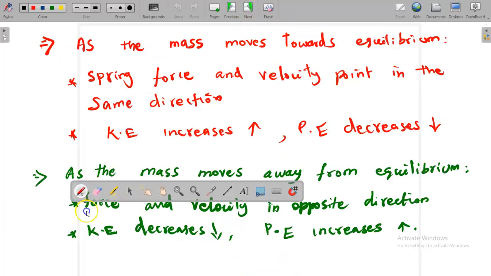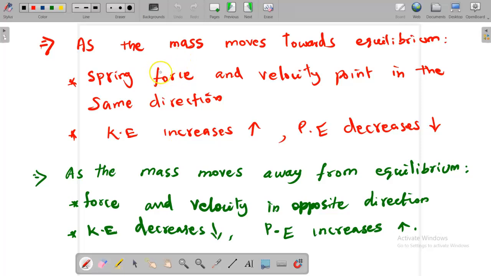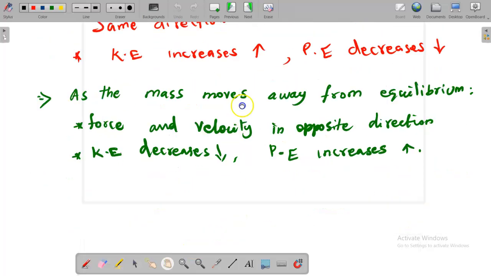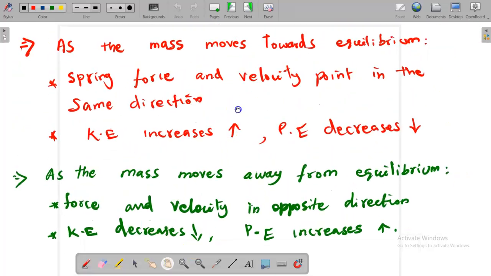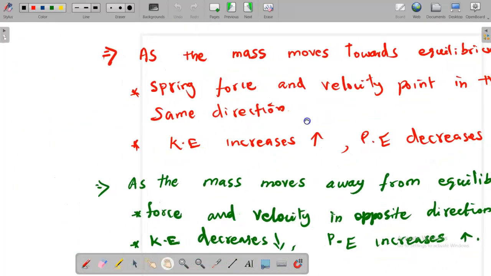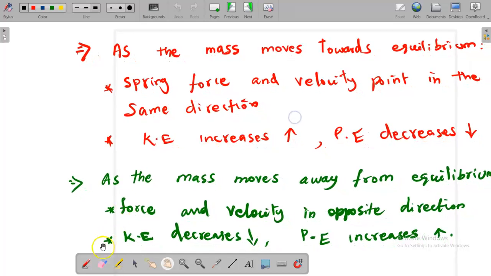Okay, the next, as the mass moves towards the equilibrium, spring force and velocity point in the same direction. Kinetic energy increases, potential energy decreases. So what they are telling here,